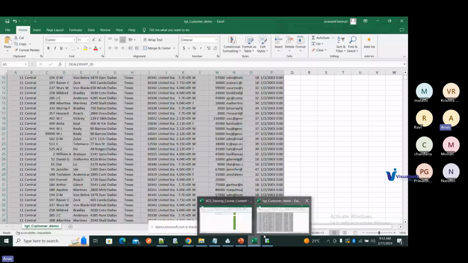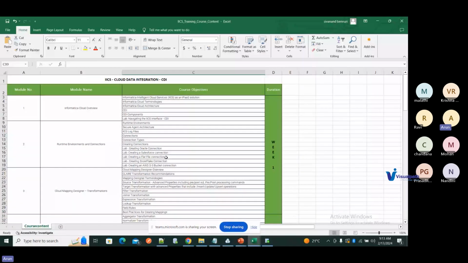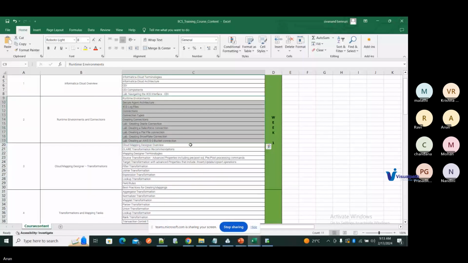And as part of the course content, let me bring up the course content, which will be covered in the next 4 weeks. What I'll be discussing is, we'll be covering these topics with respect to cloud data integration. What is cloud data integration? And the transformations that will be covered, what will be the different connections. I can help you with the installations. And we can discuss about all these log files, creating Salesforce connection, Oracle, Snowflake, AWS, and mapping transformations, different transformations